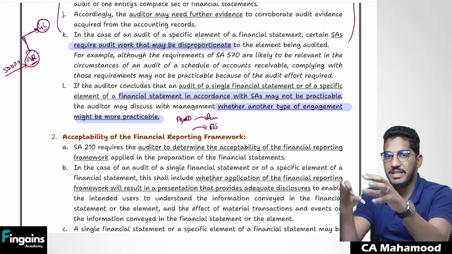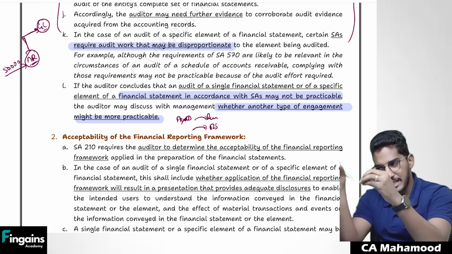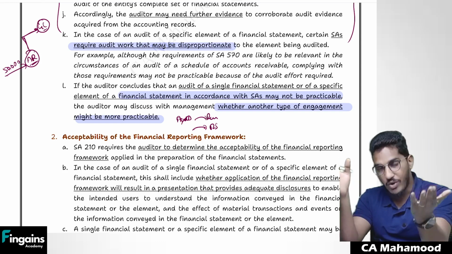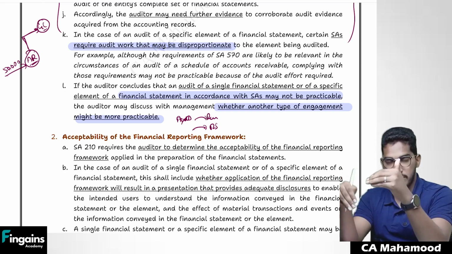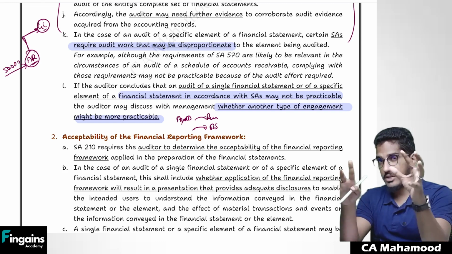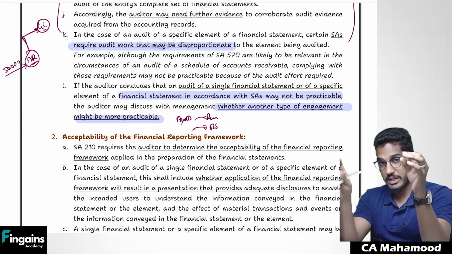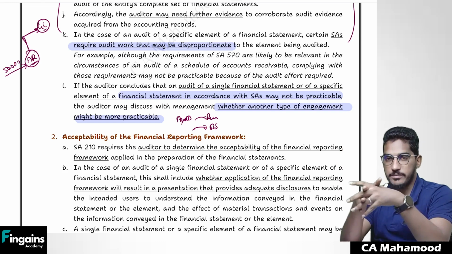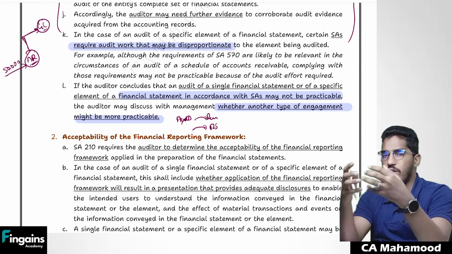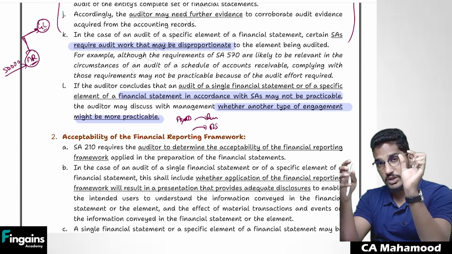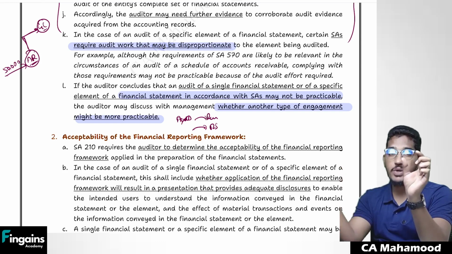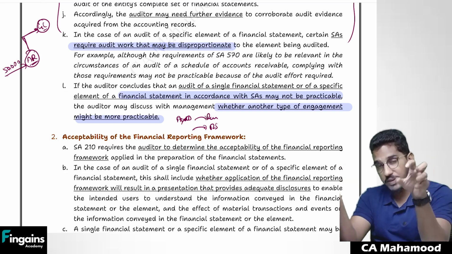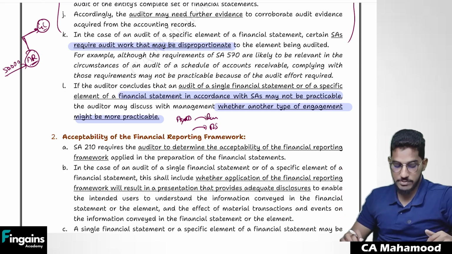So like that, if you feel that because of these circumstances you are unable to do the audit of a single financial statement, if audit engagement is not possible, go and tell the client, sir, because of these facts and circumstances, we will not be able to do the audit as per standards on audit. But what we can do is a review engagement here, or alternatively we can perform a related services engagement here. Go and convince the client. Clear? If you find it is practicable, if you are not facing any trouble, even though the client has asked you to conduct audit of a single financial statement and you are not the person who has been appointed to do the audit of the complete financial statements, but you don't find it impracticable, you can do it. If you find it impracticable, then start following these steps.